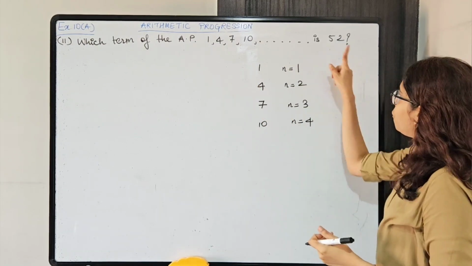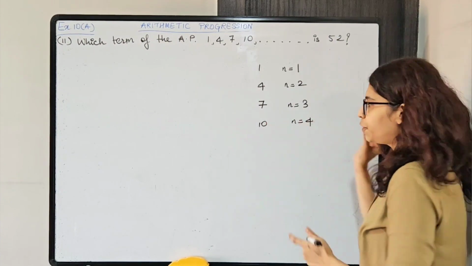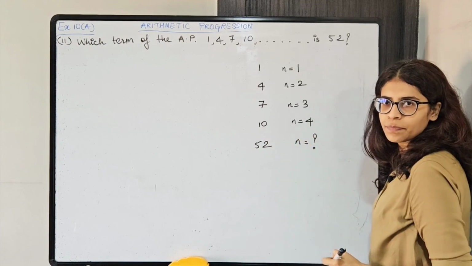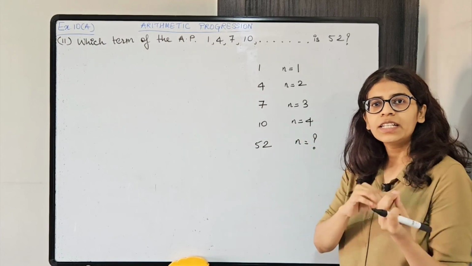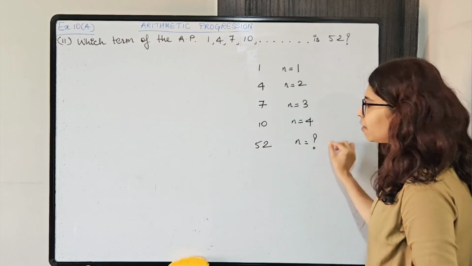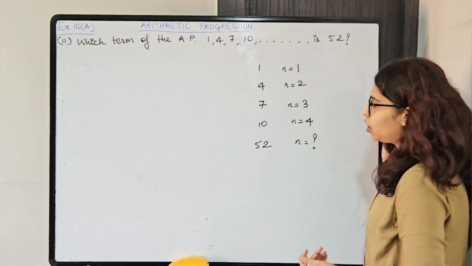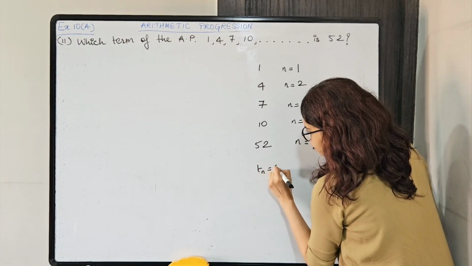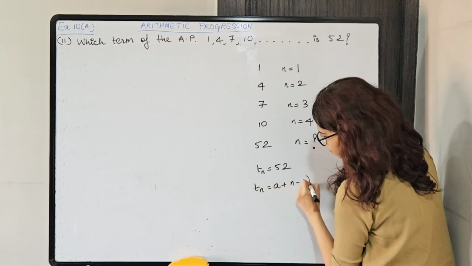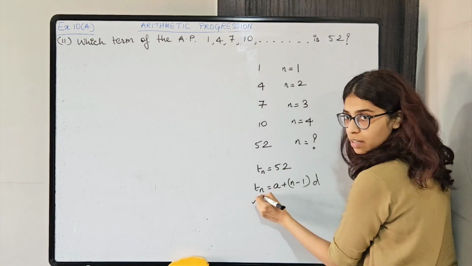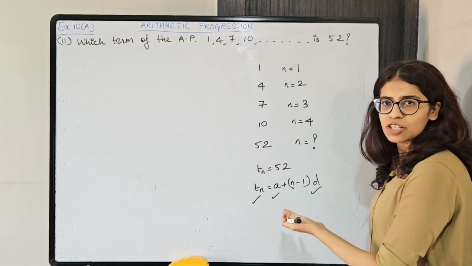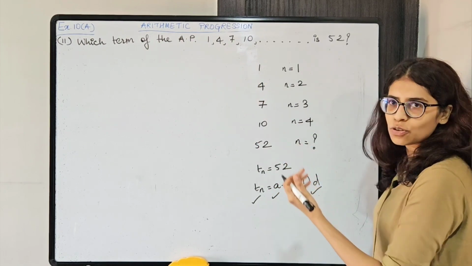Okay, ये सब tn है and ये n है, the number assigned to each term. Okay, 52 भी एक term है, 52 एक term है and उसका number क्या है ये find out करना है. वो 10th टर्म है, 12th टर्म है, 27th टर्म है, 35th टर्म है, ये फाइंड आउट करना है. ओके, सो n का वैल्यू क्या है ये फाइंड आउट करना है. नाउ वी नो Tn इज 52. Tn का फॉर्मूला यूज करेंगे. ओके, वी नो Tn, A एंड D वील गेट फ्रॉम द AP. n फाइंड आउट करेंगे. ठीक है, मिल जाएगा इजीली. ऑल राइट, सो लेट अस सॉल्व.